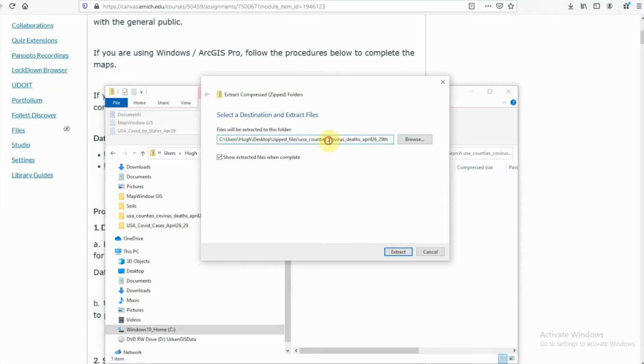For example, I can remove this here, and what this will do is create a folder called USA counties, right? In this zip files folder, notice this is desktop zip. There's a folder called zip, and this will be a new folder that will be created, and the contents of that zip file will be dumped into that folder. So here we go. Extract,